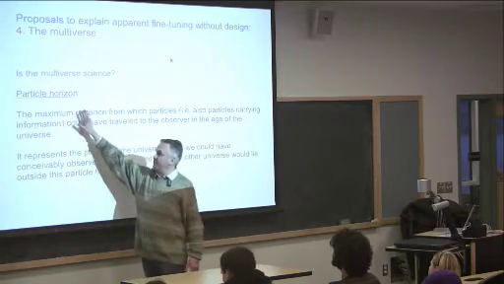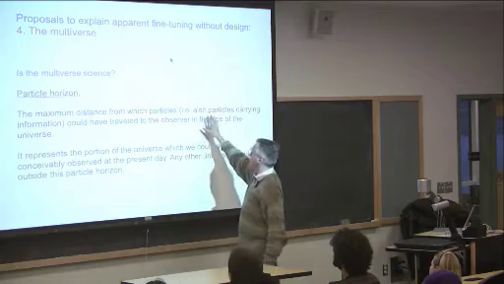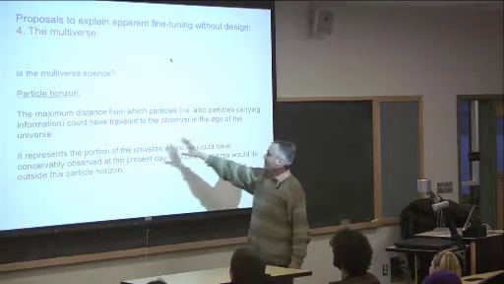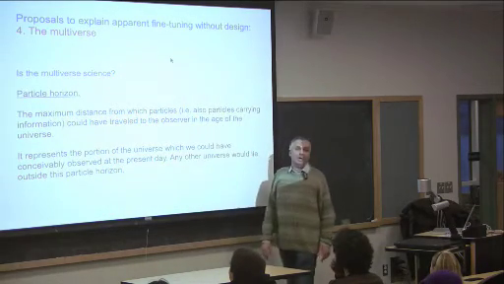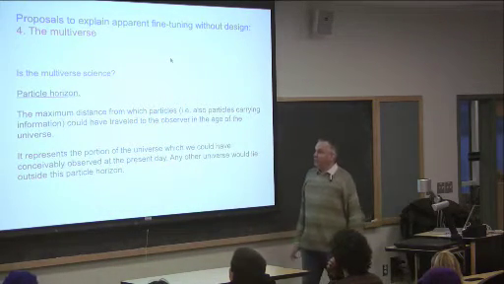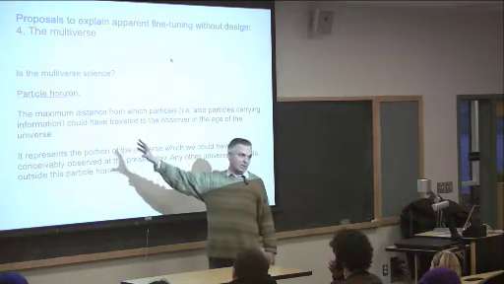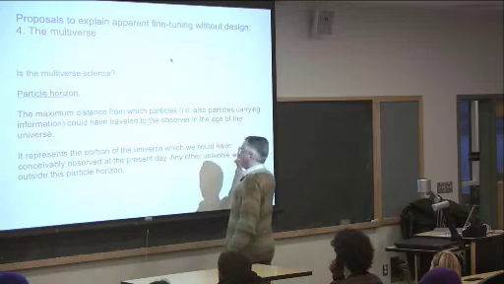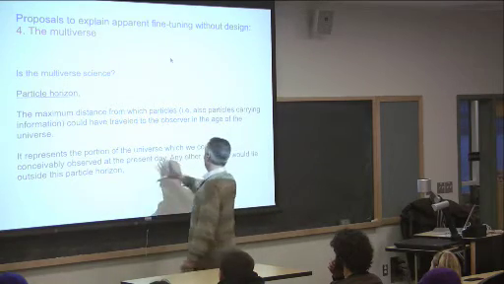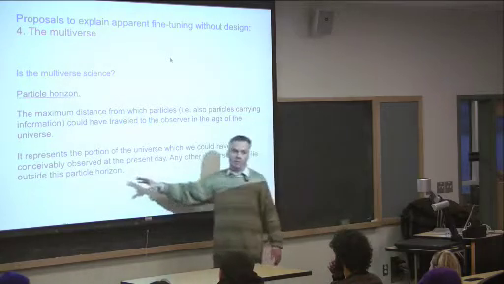So we have the problem of the particle horizon. The particle horizon is the maximum distance from which particles could have traveled to the observer in the age of the universe. So this limits what we can observe. It represents the portion of the universe which we could have conceivably observed at the present day. But any other universe would be outside this particle